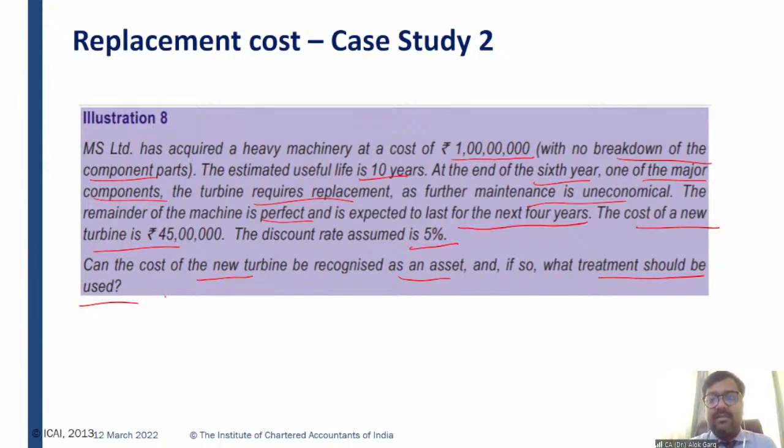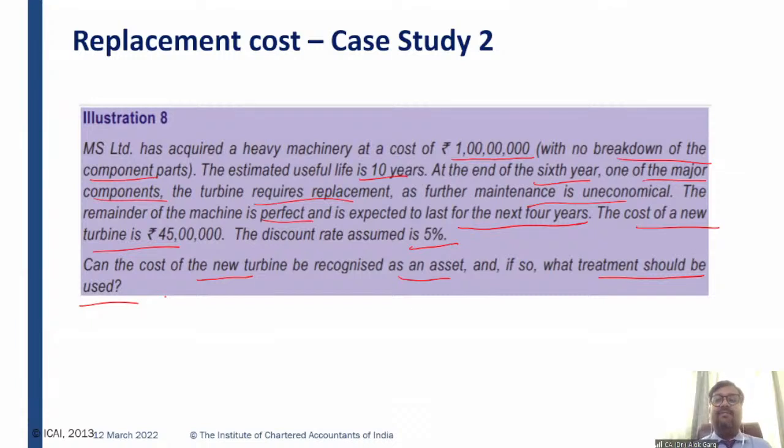Now the question arises, sir, the cost of the machine is 1 crore and this part was already there when the machine was purchased, right? So this 1 crore includes the cost of the turbine at the time of initial purchase. And today, after the 6th year, I am buying this turbine. So should I make the cost of this machinery 1 crore 45 lakh, which is not correct, right? Because 2 turbines will not be used in a machinery, only 1 turbine will be used in a machinery. So there should be a cost of 1 turbine. Then what to do? The existing cost of the turbine should be de-recognized, should be removed.